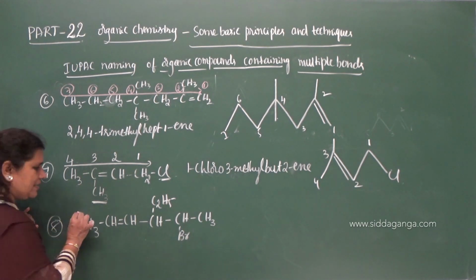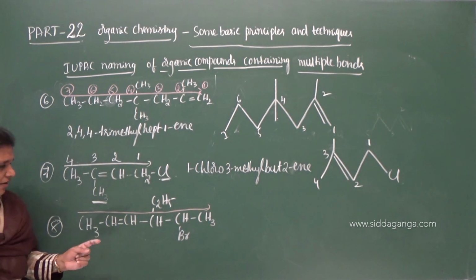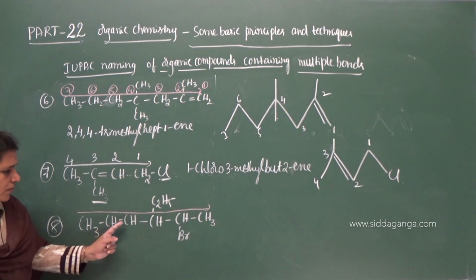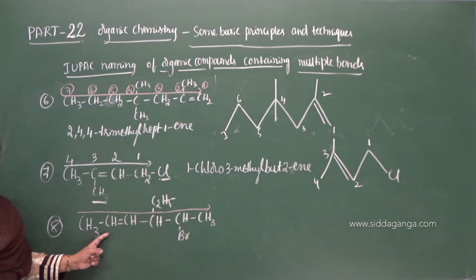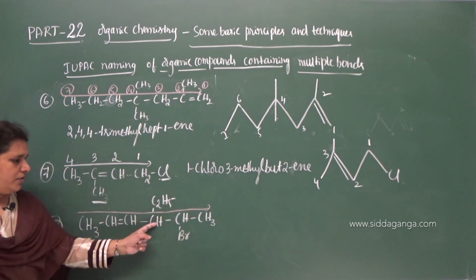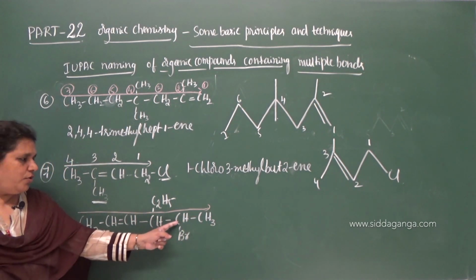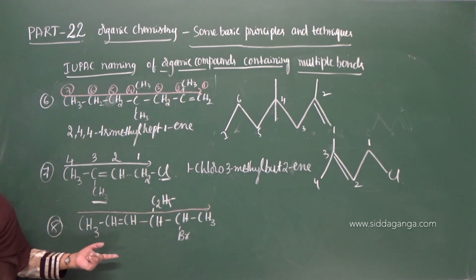Now select this, give the IUPAC name, select the chain first. So this will be the selected carbon chain. Give the number from one end to the other end. So 1 2 3 4 5. 4 plus 5 is 9, plus 2 is 11. But if you give the number from this end, 1 2 3 4, that is 2 plus 3 plus 4, that will be 9.